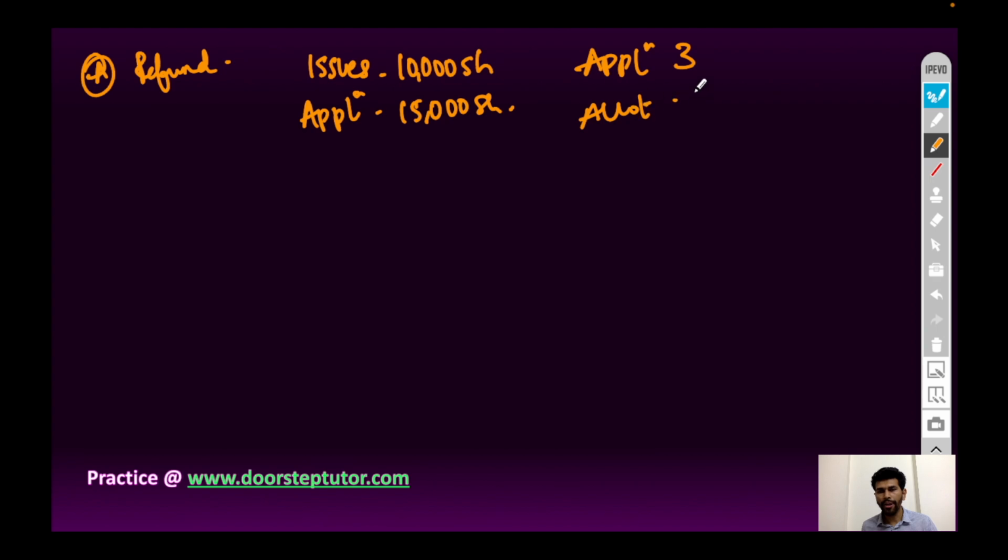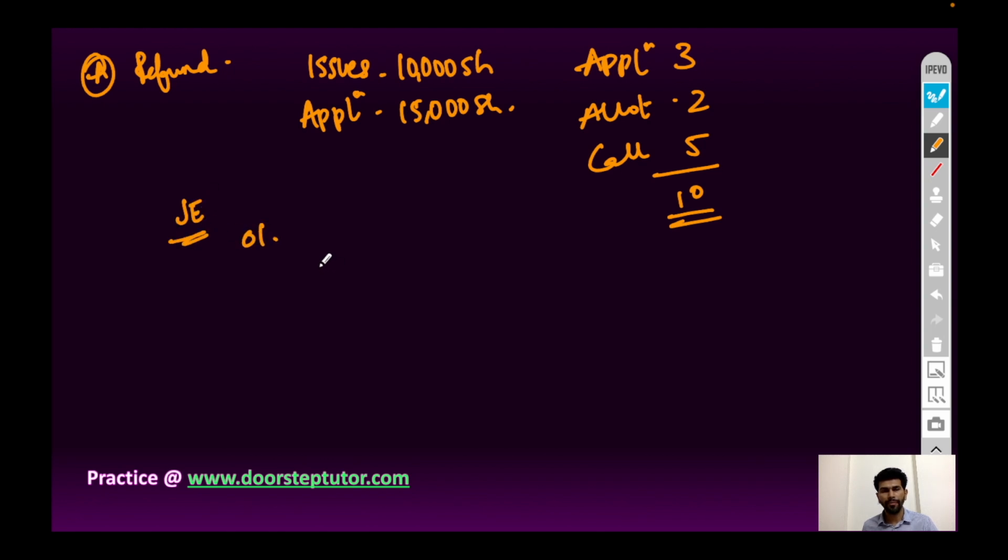If the company issues 10,000 shares and applications are received for 15,000 shares, and application money is 3 rupees, allotment money 2 rupees, and call money is 5 rupees, total 10 rupees is face value. In this case, the journal entry will be